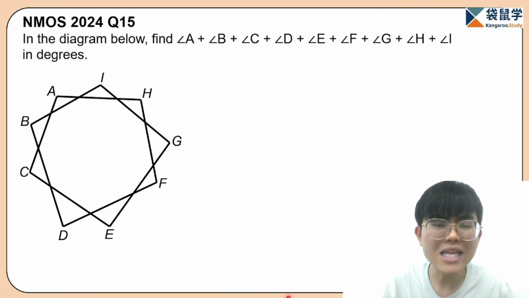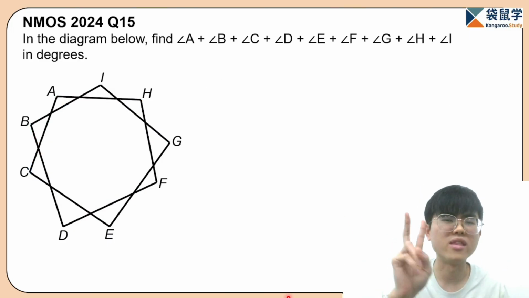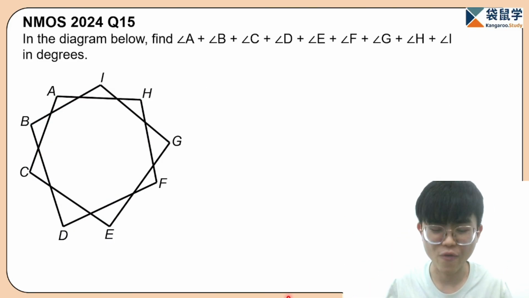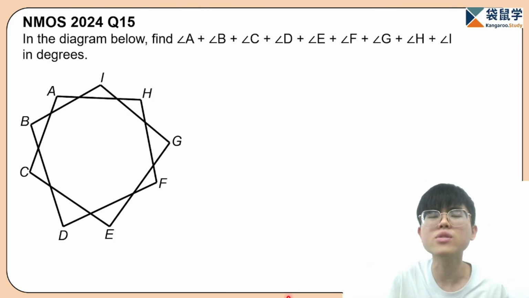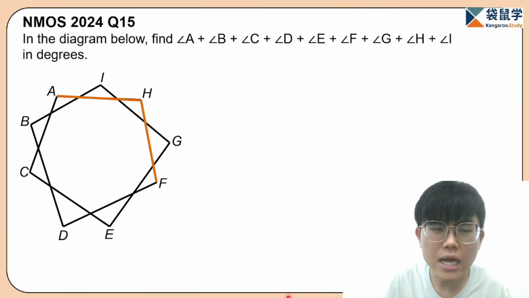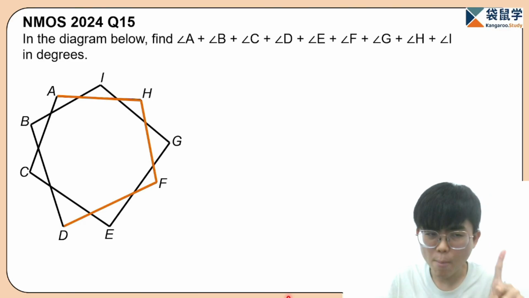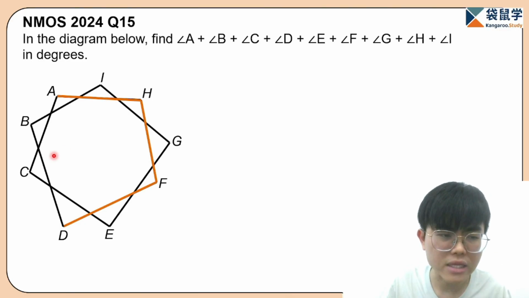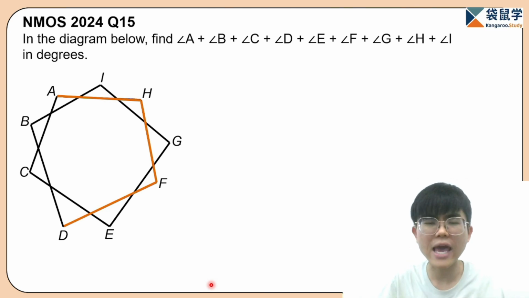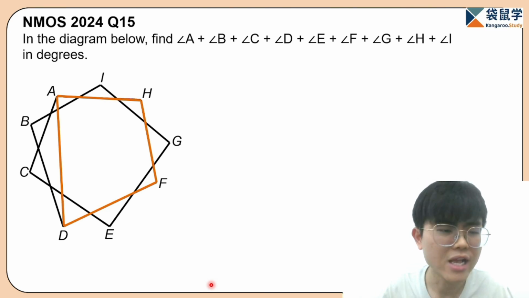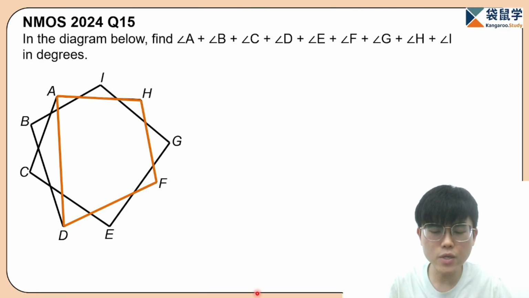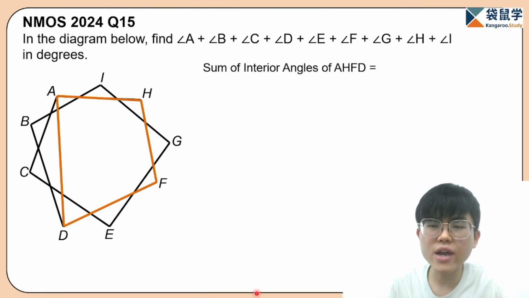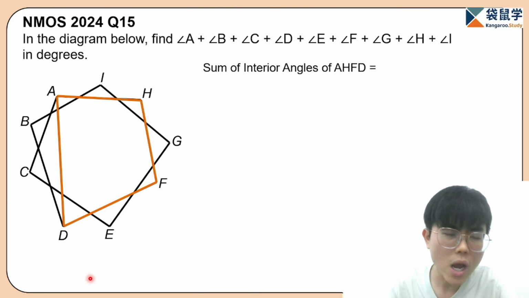Okay, so other than doing it this way, there is also another method to solve this kind of question, everyone. So now let's say we also start from some random point. Let's say we also start from A to H, H to F, F to D. But now let's say we don't go to the intersection point here. We directly connect D to A. Okay, everyone. You see now that we have this quadrilateral. So we say that the sum of interior angles for AHFD, which is a quadrilateral, is